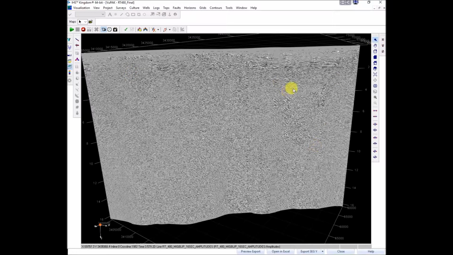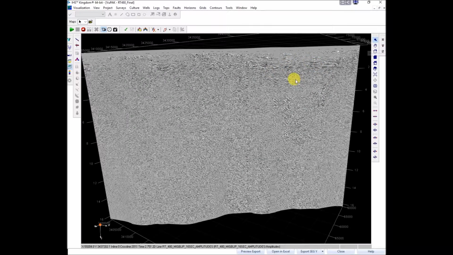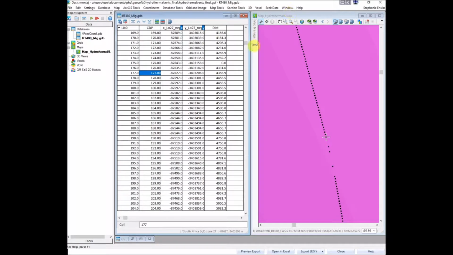So how about, so that you don't get bored, let's jump to these regions here and see what the X and Y's look like. Where do they plot, and why is it causing this trouble in the data? If I put my mouse over, it's telling me that it's at cross line 1800. So let's just triple check if that's a CDP value. So if we scroll down in Geosoft to 1800